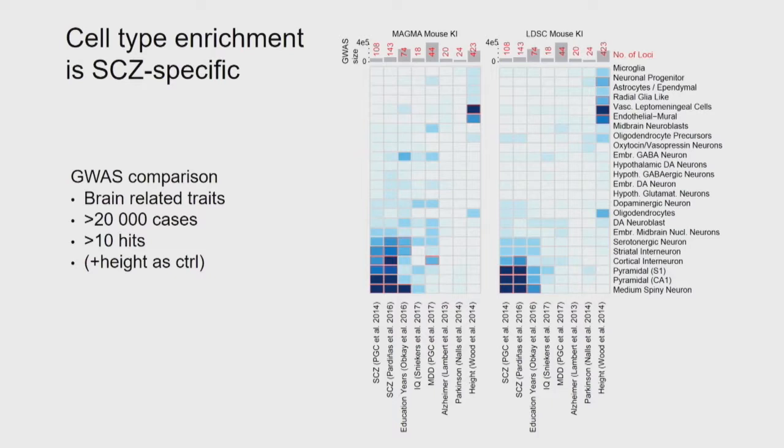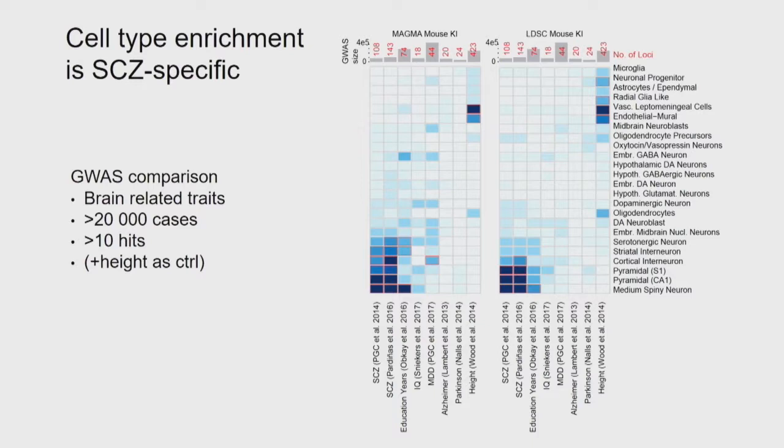But then we look at the educational years. We kind of see the same, and then we don't see a very significant signal in the other ones, but they don't recapitulate the same pattern. At the end of my talk, I'm going to go through a new study where we're comparing this a bit more in detail. Okay, a major caveat here is, of course, that we've been using mouse neurons to annotate the human genome data, human genetic data.